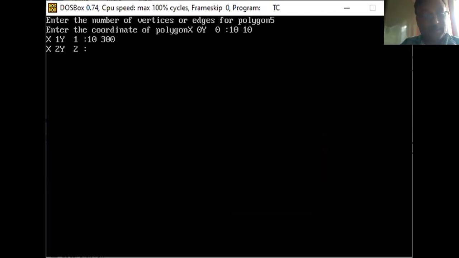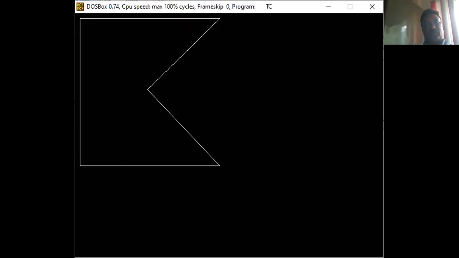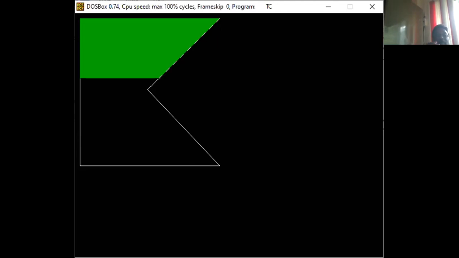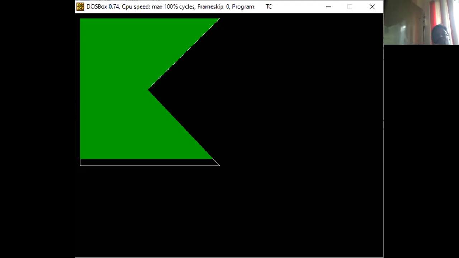Okay. 300, 300 is my another next point. 150, 150 I have considered one center point, and 310. So this is one of the polygons that I have considered, meaning the contour type of the polygon. So that again we can fill. I have observed that it is going to fill from top to bottom. That is filling my entire polygon from top to bottom. Suppose I have to reverse it. Reverse it means bottom to top. So only I have to change the loop.